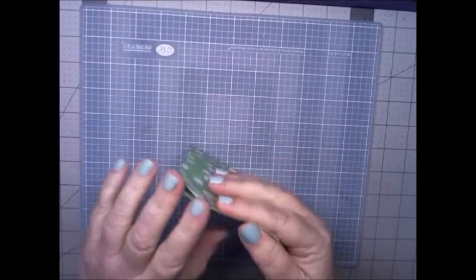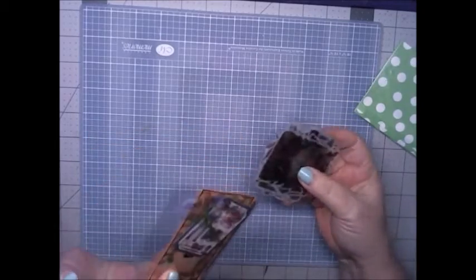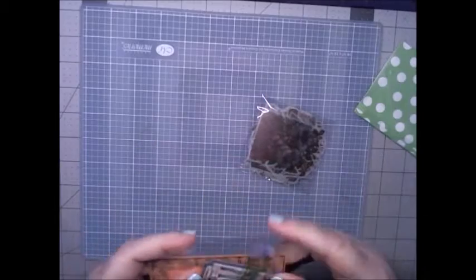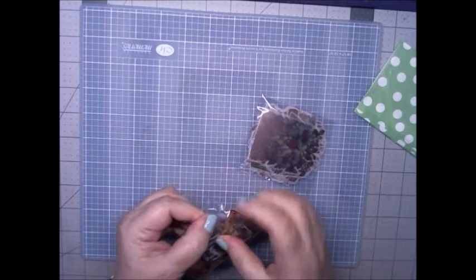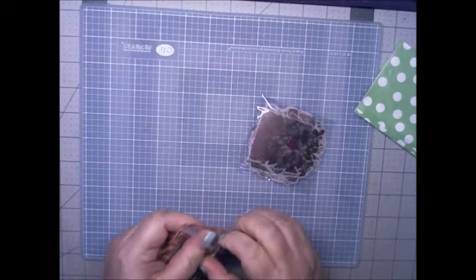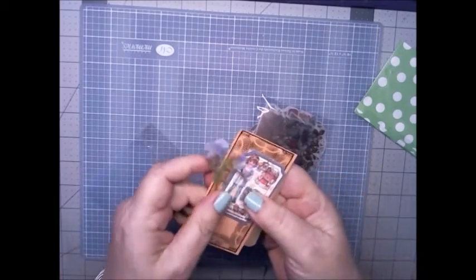Let's take this off. I love the way she packages her things. I can use this for something. Oh, yes. Here's her business card. And she sent me some little freebies here. It looks like I got a lavender sticker,